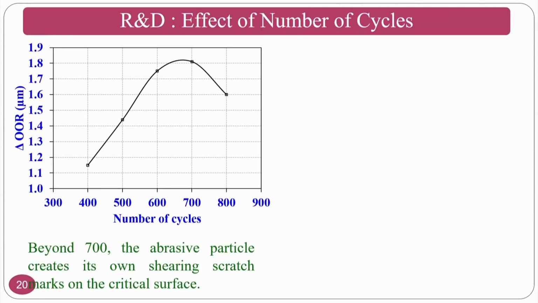Okay, number of cycles: if you are increasing the number of cycles, the same problem. The medium is constant and you are going for 400 cycles, it is okay, 500, it is okay. Beyond a certain limit, the abrasive medium also gets chips inside. So chips are there along with the medium and abrasive particles, so obstruction will be there. At the same time, if the number of cycles is more and more, the medium gains temperature and viscosity will go down.